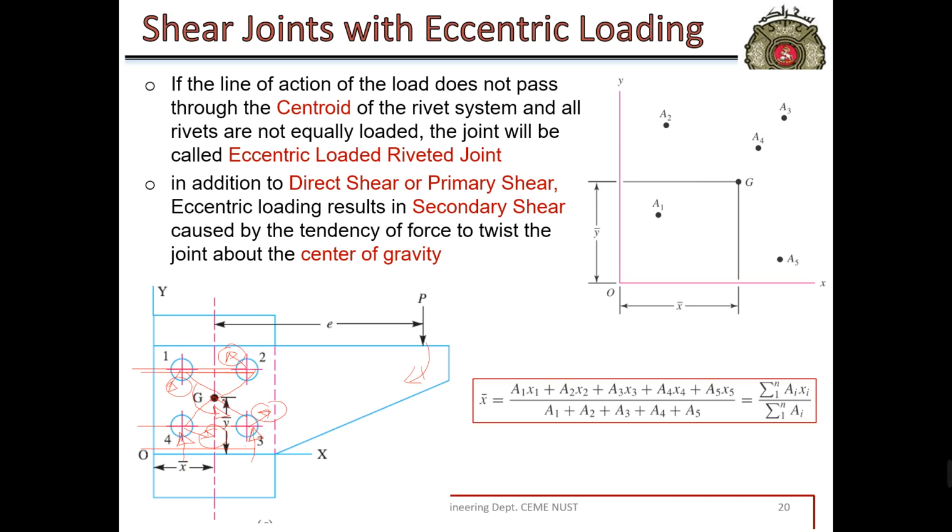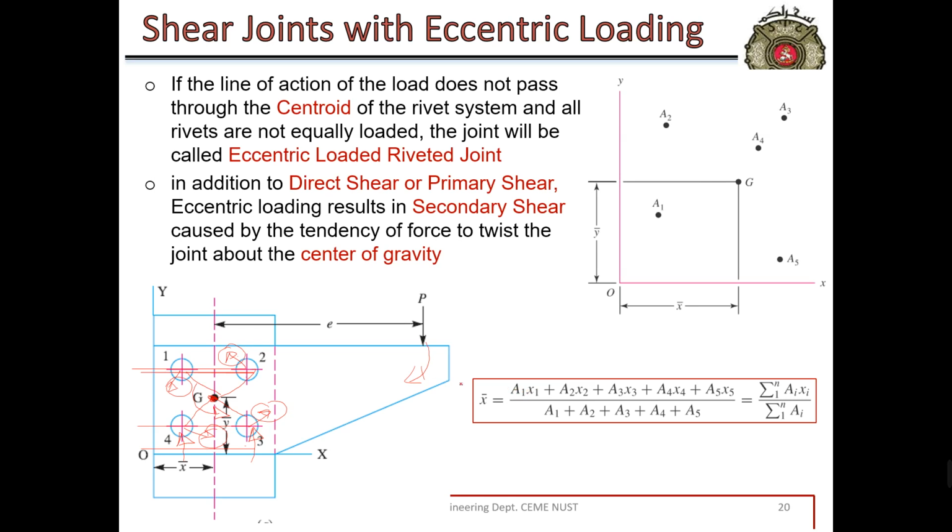And all these reaction forces and moments will act at point G of the rivet system. For example, if you have 2, 3, 4, 5, 10 or say 50 rivets, there will be a G. And how do we calculate G? It can simply be calculated by